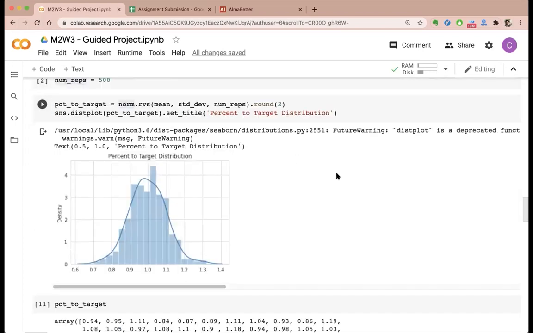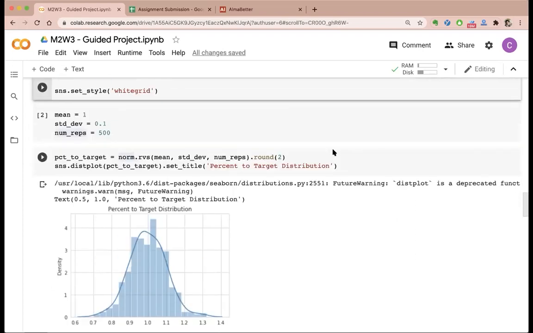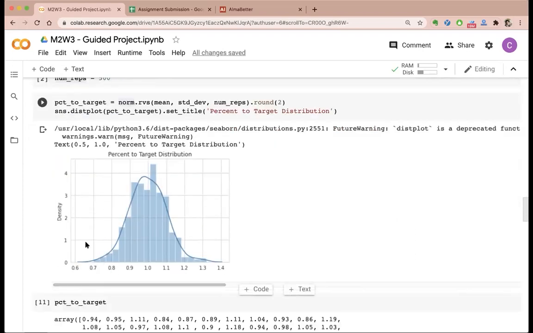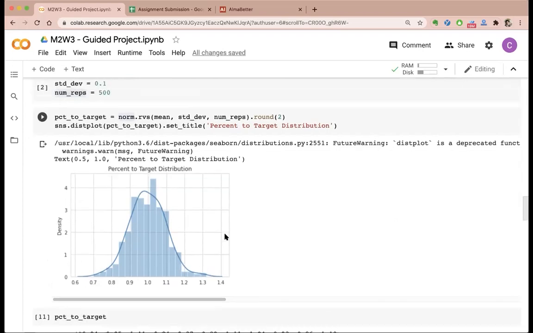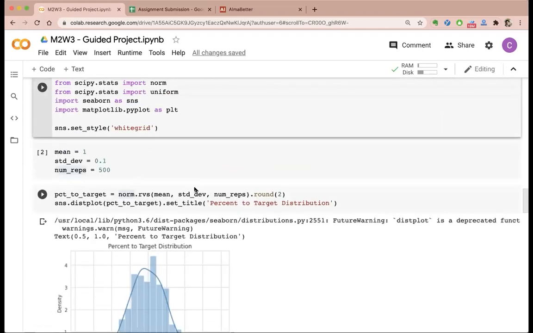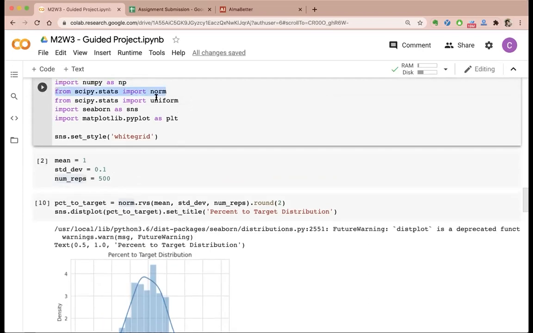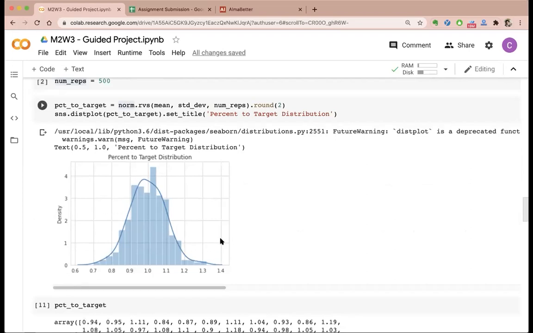Can you think on those lines on how we can generate normally distributed samples with a mean and standard deviation if we are not given this function norm? Can we use uniform to somehow generate this type of a distribution? Think for a minute in that regard.